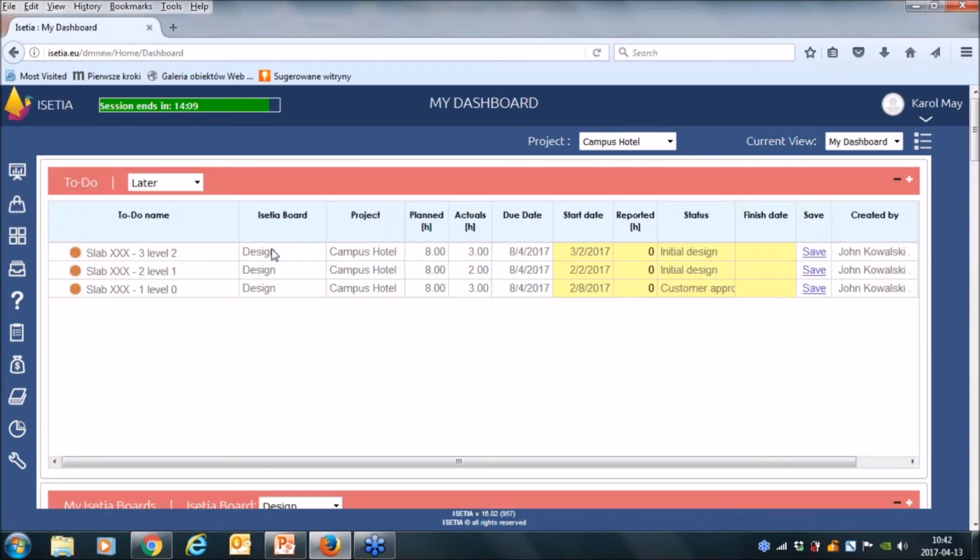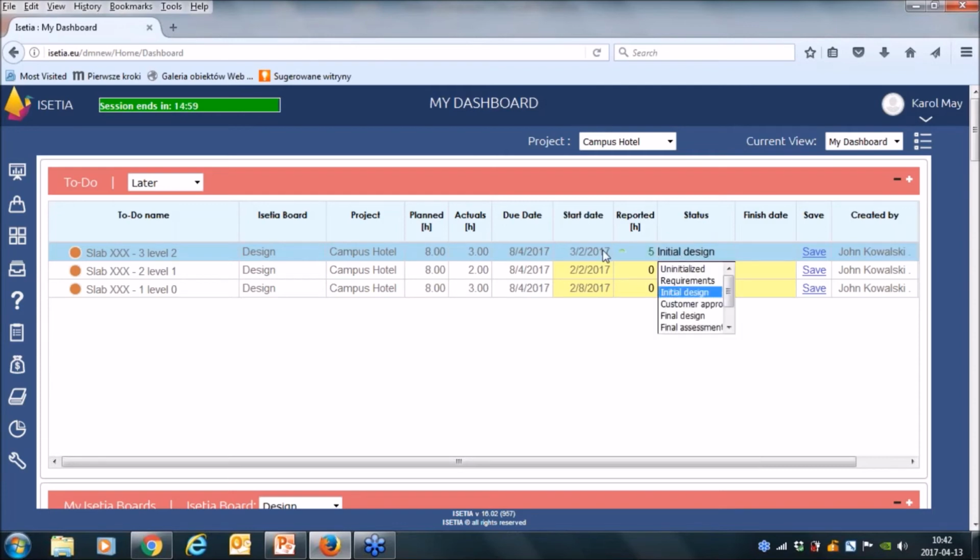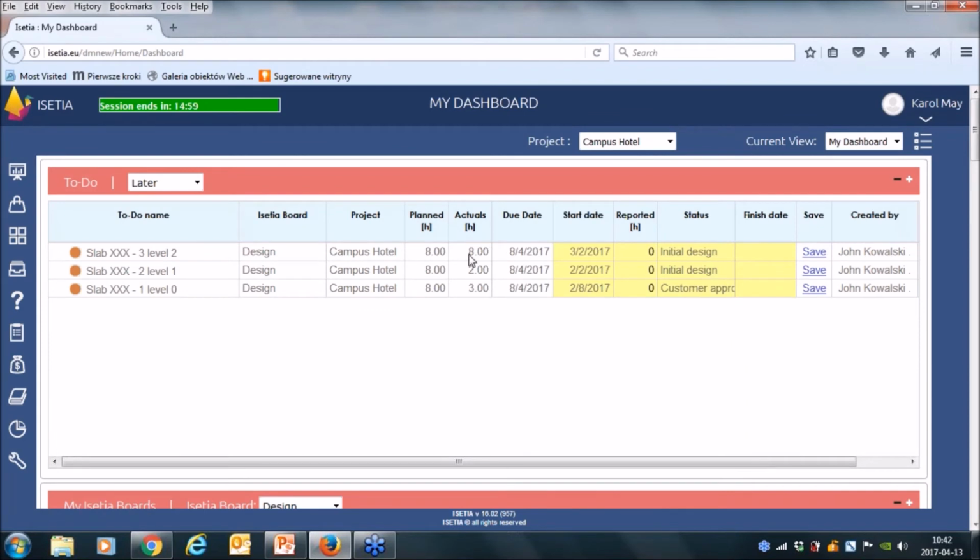For example, when Carol May reports that he spent 5 hours on this task and puts save, it is updated so that my actuals came to 8, and these actuals will be visible for the whole structure of the project and portfolio as well.